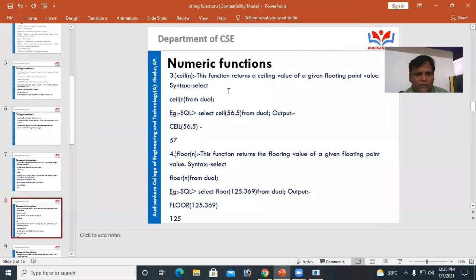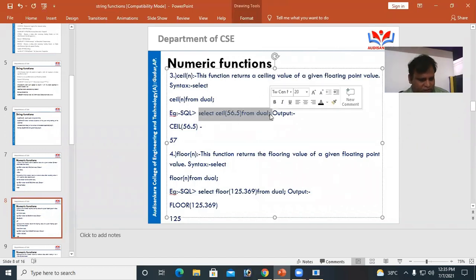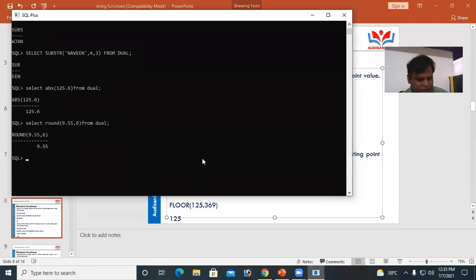And another, the third one, ceil. Ceil is also a numeric function. This function returns the ceiling value of a given floating point value. Ceiling value means higher value. Select ceil of 56.5 from GL. It returns 57.